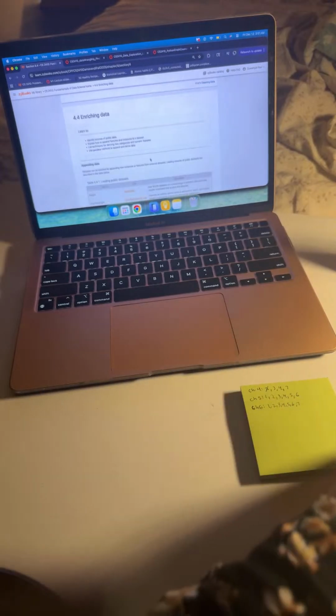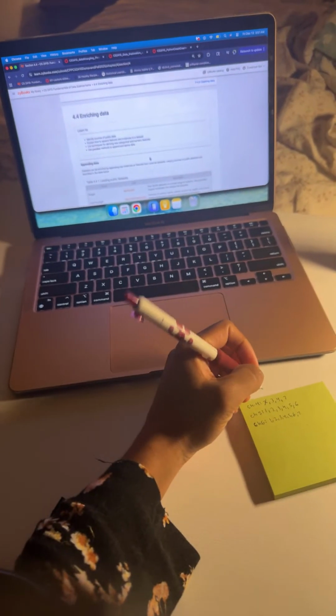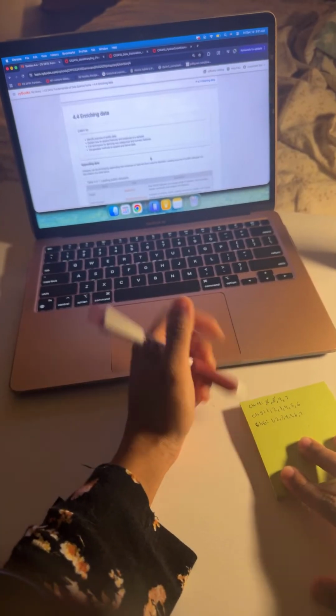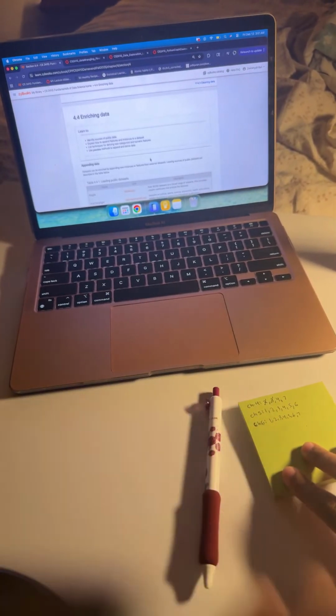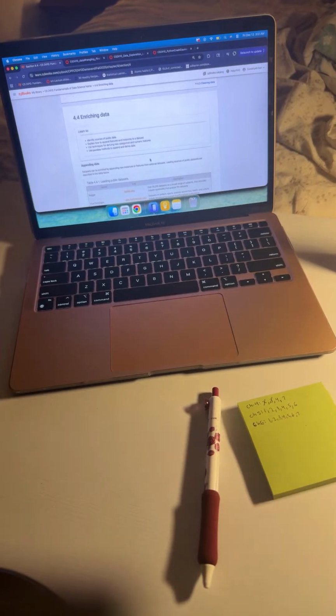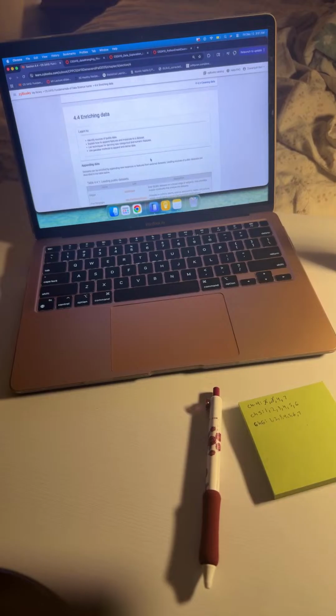Enriching data. So almost done with chapter 4. I have 2 sections left for this. I'm getting a little bit tired, if not very tired. So, enriching data